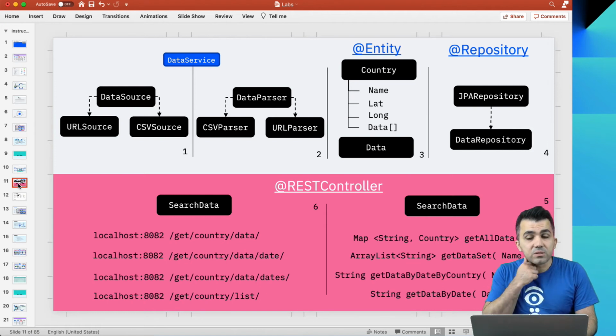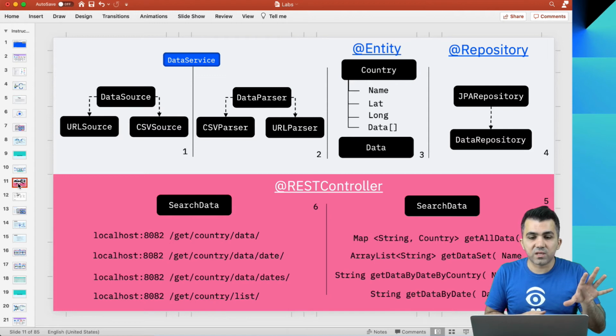If you dig deeper into the application, we've got a data source and a data parser. Those two are the major components here. Data source defines whether this data is coming from a URL or from a local file, and it is in CSV format.